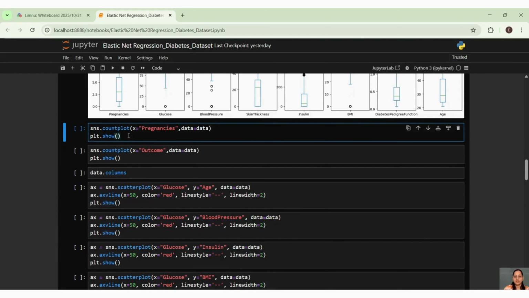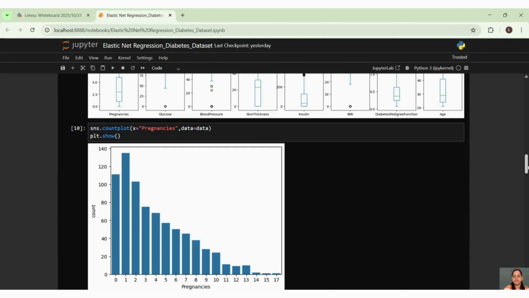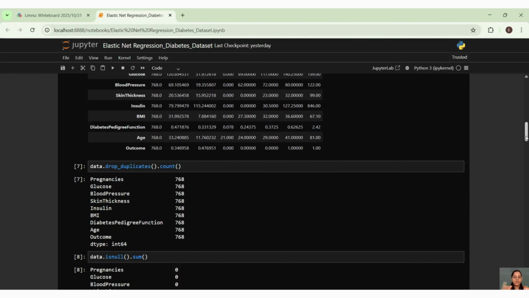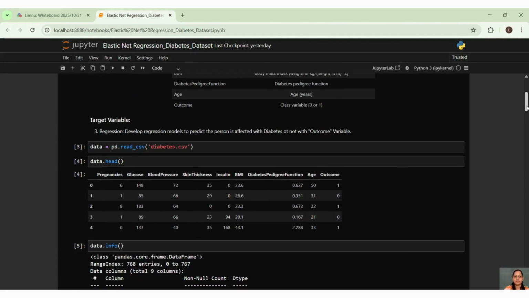Then the next one, I want to know the count plot of pregnancies. Why have I taken a count plot here, guys? Any idea? Because pregnancies, if you see the data set, how you can achieve this EDA without even thinking twice. I'm just explaining that.